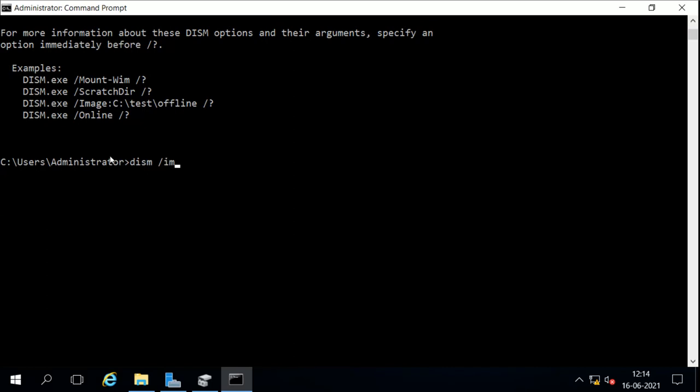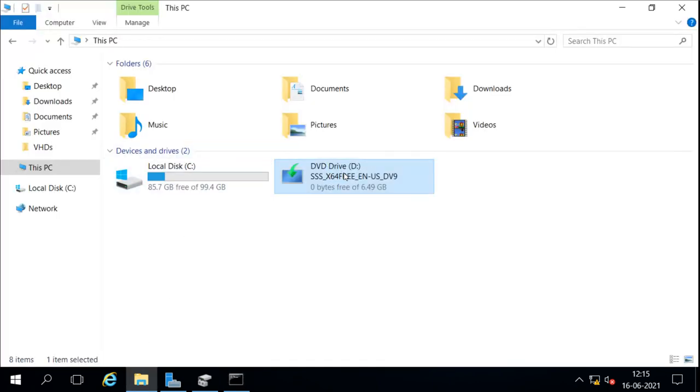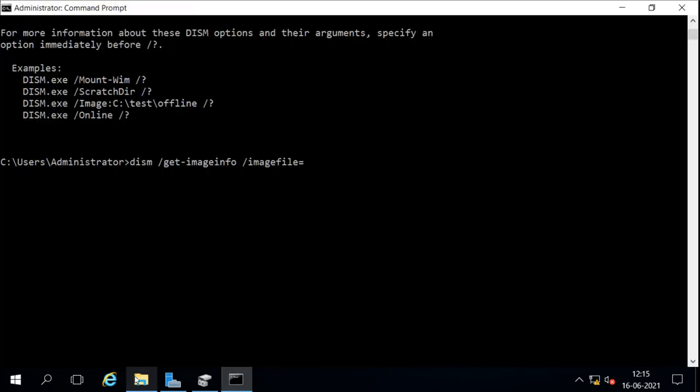So I will say get image info, and then the image file is this, the drive of our DVD. DVD is under the D drive, so I will say D drive.